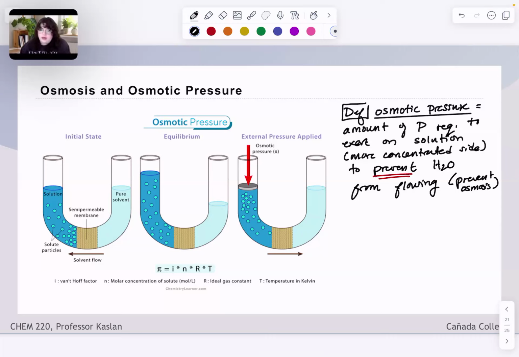So we've got this diagram here of what's called a U tube,